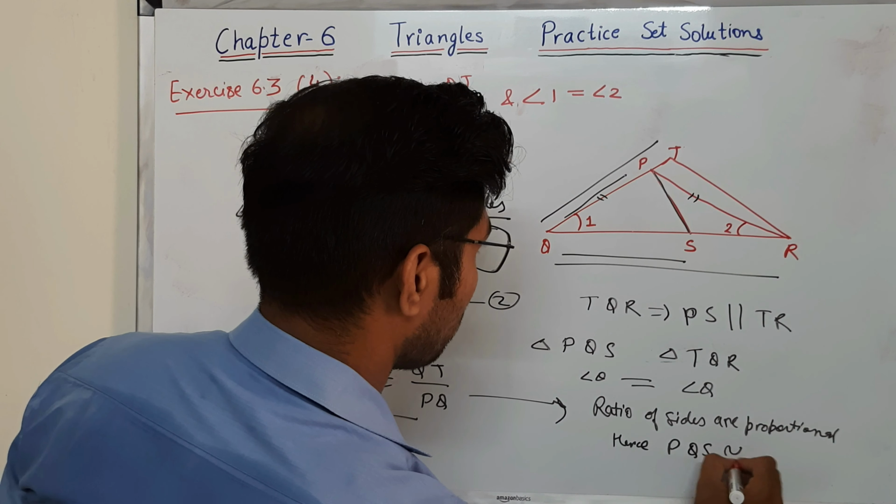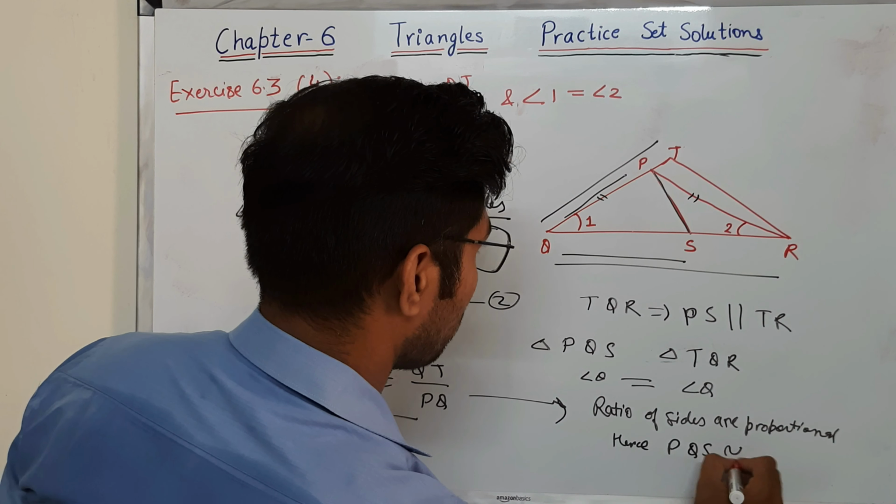Okay, the ratio of the sides are proportional and the angle Q is the same, so these are similar triangles. Okay guys, now come to our next question. In this we are given a parallelogram and we extend this line till E. When we join BE, it intersects CD at F, and we need to prove that this complete triangle ABE will be similar to CFB.